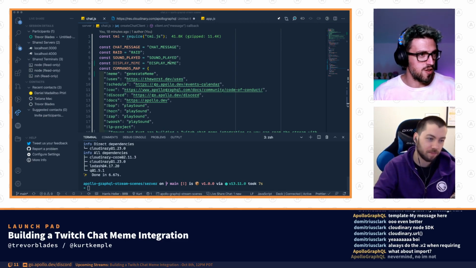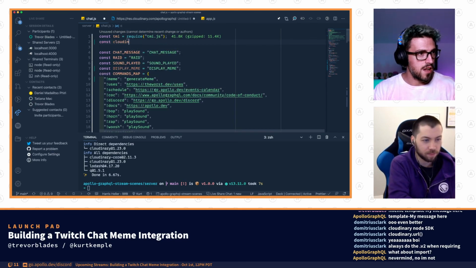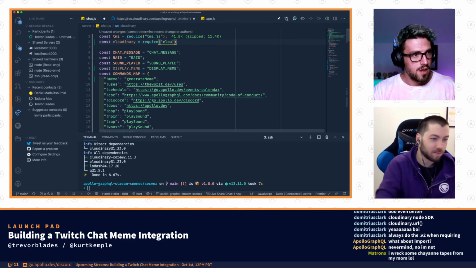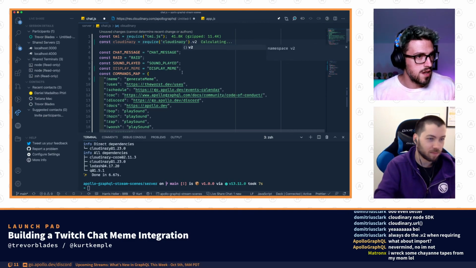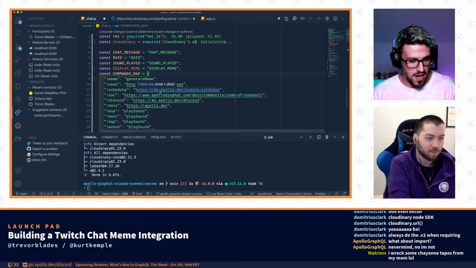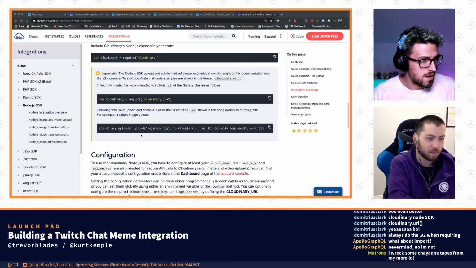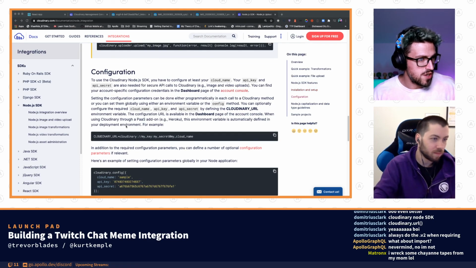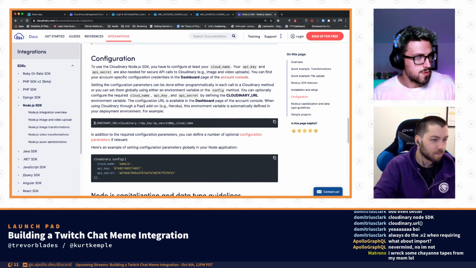Oops, I'm not using imports. Wrong project. Okay, so const cloudinary equals require cloudinary dot v2. Okay, boom. So now we've got our cloudinary, and then I think we say configuration. How do we do that? Ah, so we need a